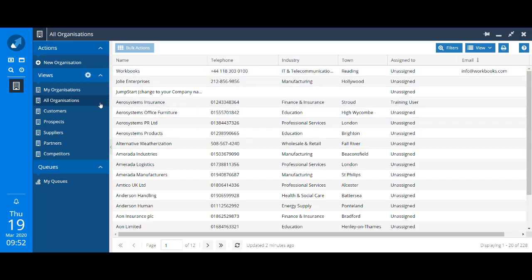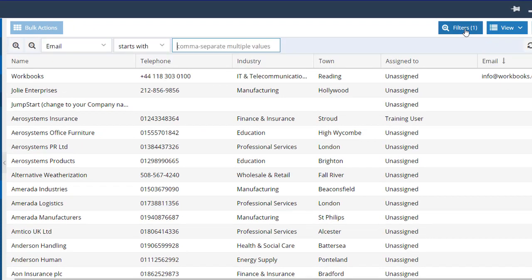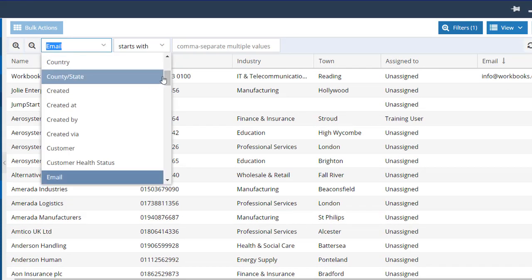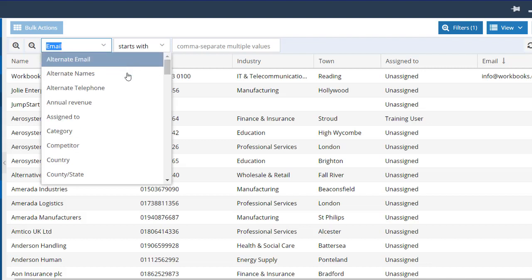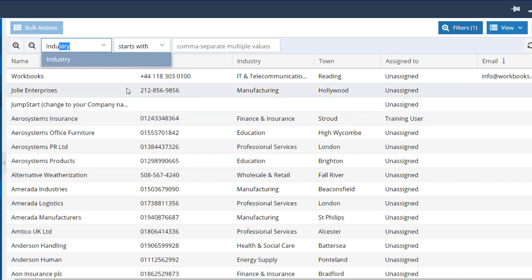So I'm on the All Organisations view, so I've got my biggest data set to start with. And then I'm going to use, from the top right, this Filters button. I've clicked on it and it doesn't know what filter I want to apply, so I can use the down arrow and I'm seeing the same alphabetical list as I saw before. So if I'm looking for things in a particular industry sector, I'm going to type industry,